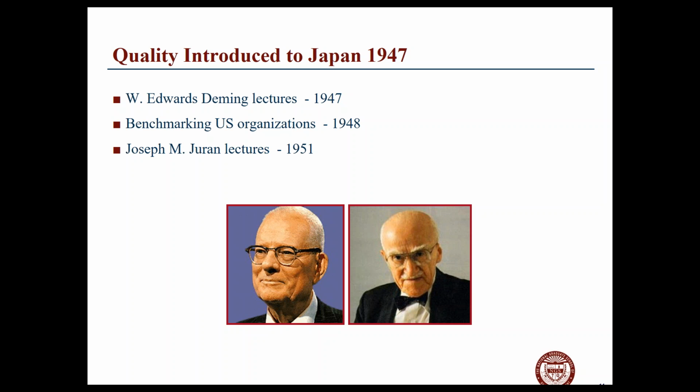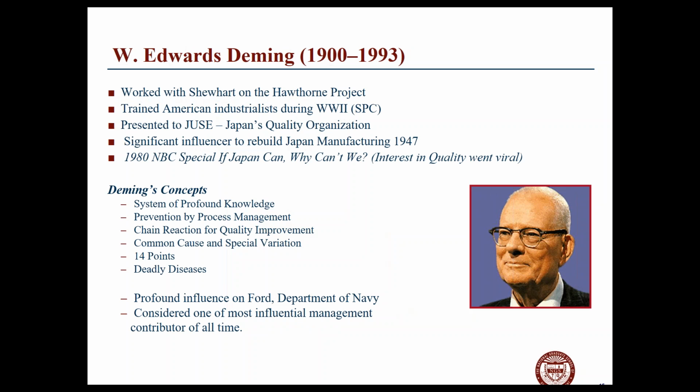They went to Japan after World War II to help rebuild, and they took a lot of the information from Shewhart and the statistical methods, and started applying it over there, and made huge gains, and were hugely respected by the Japanese. Their equivalent of national awards is even based on the Deming Prize, for instance. This is the time frame when they started introducing quality into Japan, after the place was starting to rebuild and prosper. The people were very receptive not only to the rebuilding but to new ideas, and these guys represented that.